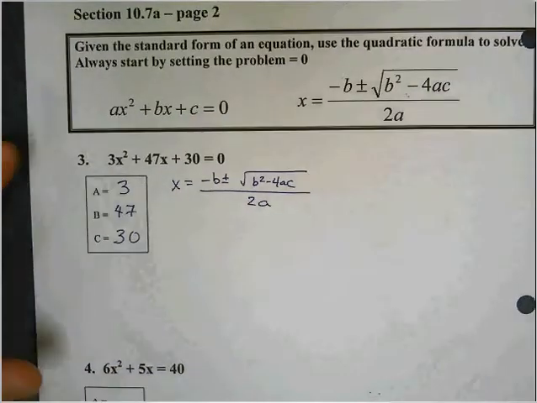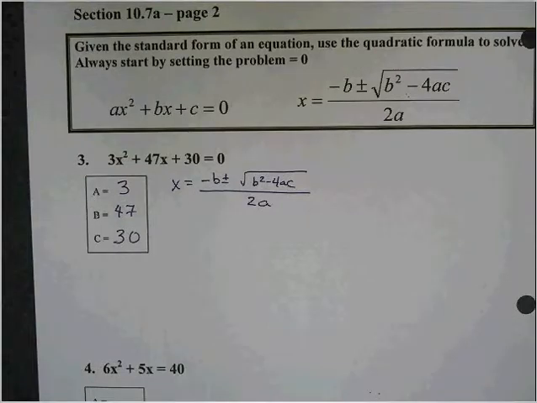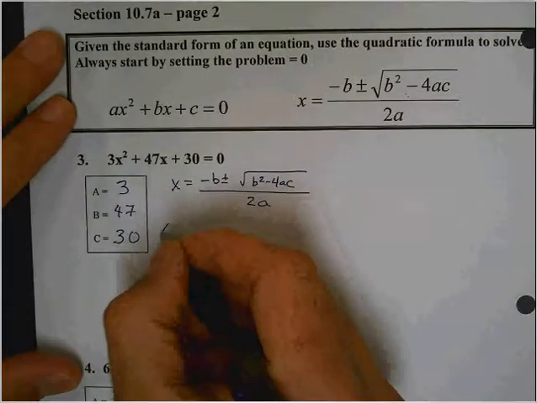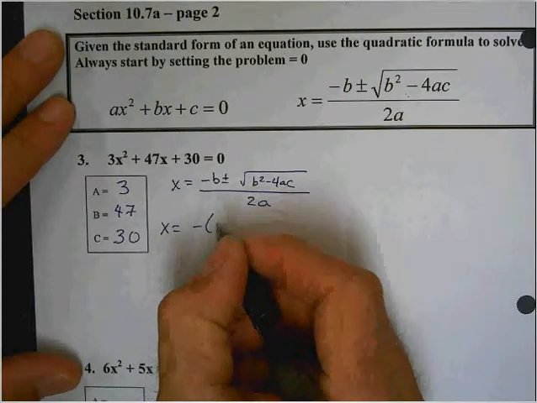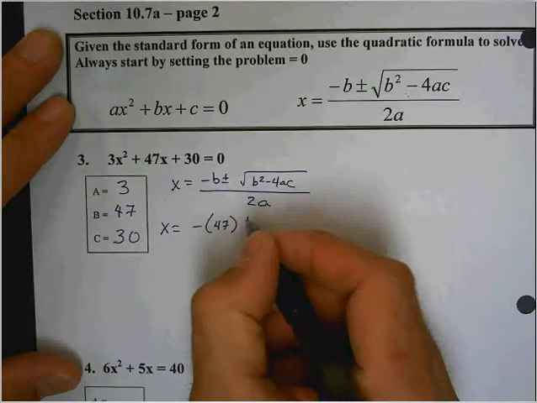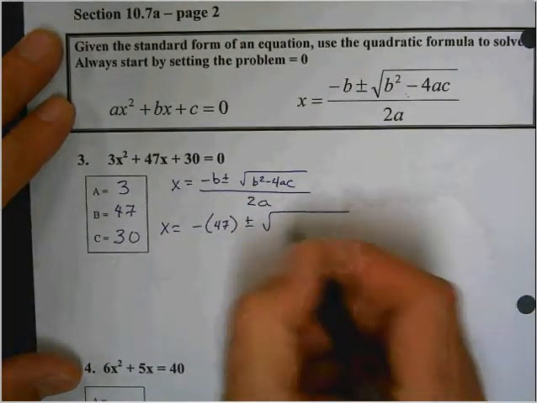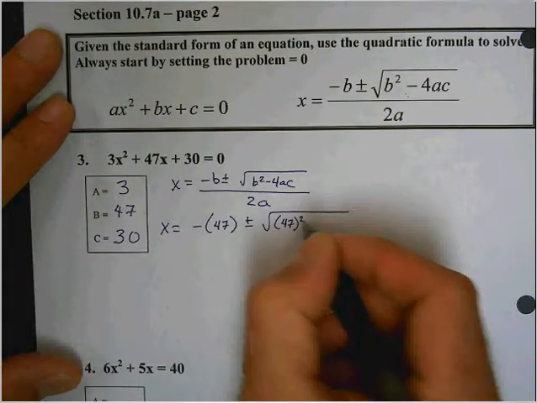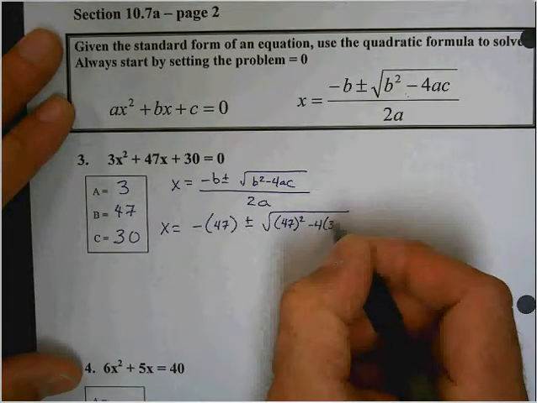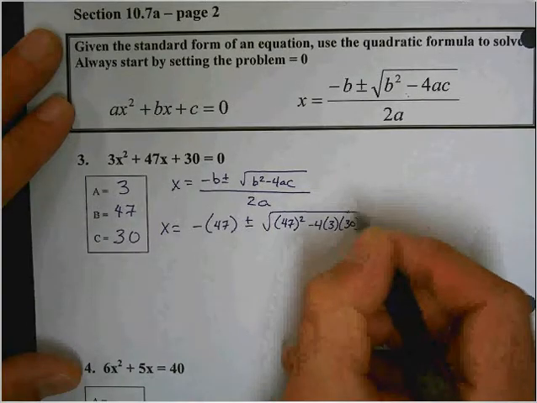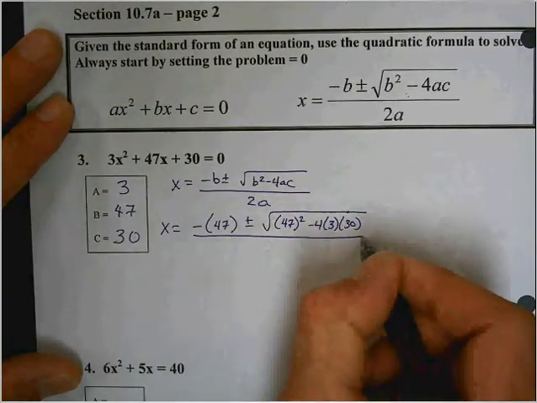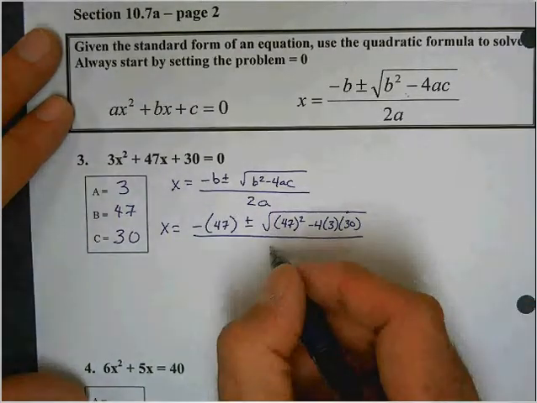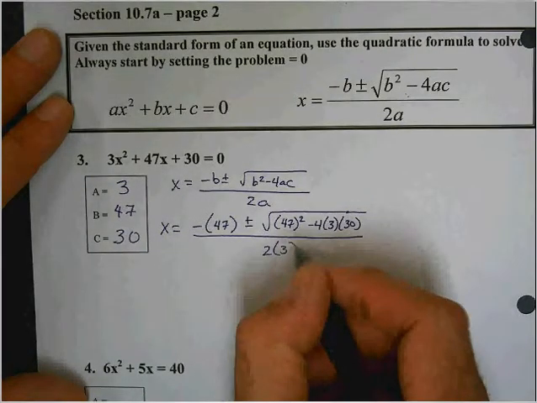All right. Another emphasizing point, Elliot, when we're plugging our numbers in, we plug them in using parentheses. Make sure you plug them in using parentheses. Let's talk it through. X equals the opposite, parentheses, 47, plus or minus the square root, parentheses, 47 squared, minus 4, parentheses, 3, parentheses, 30,